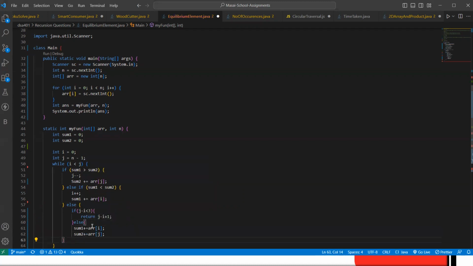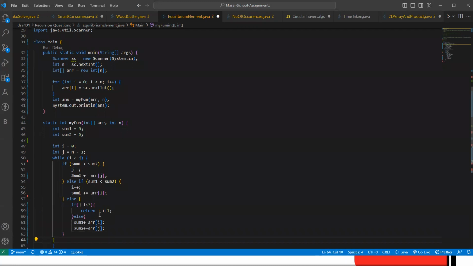These two lines: we are checking if sum 1 is greater than sum 2, then we only add the right side value, and if sum 1 is less, then we increase the left side element and add the elements in sum 1.